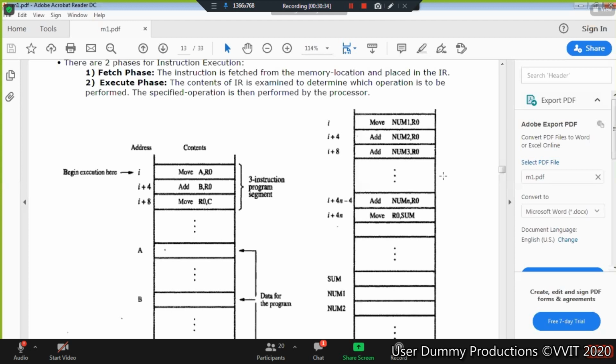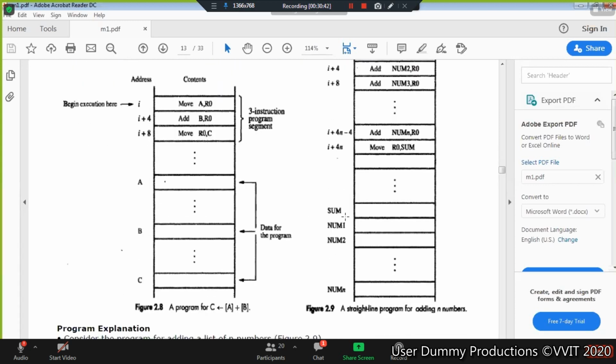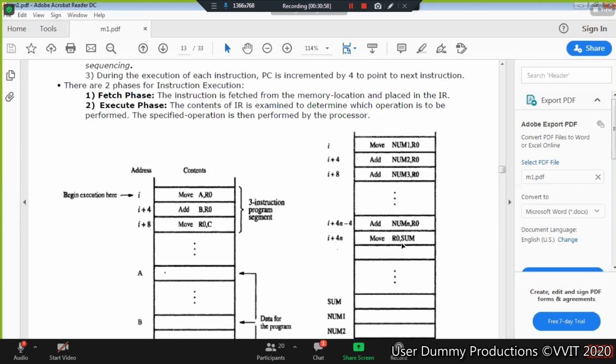So where is the value now? It is in r0. That r0 value, move r0, comma sum. So we are moving the value of r0 to the sum location. This is adding n numbers. Previously we saw only adding 2 numbers. Please point out the difference between the two. Don't get confused. This is for adding only 2 numbers. This is for adding a set of n numbers. Got it? N can be anything. Simply I told 5 numbers, so that for you to understand you take 5 or 4 numbers so that you can keep track easily. Any doubts?